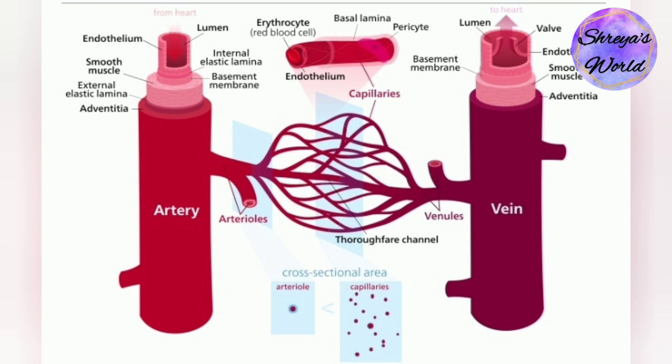Veins supply deoxygenated blood to the heart via inferior and superior vena cava and it eventually drains into the right atrium. Capillaries are tiny tube-like vessels which form a network between the arteries to veins. Arteries are muscular walled tubes mainly involved in supplying oxygenated blood away from the heart to all other parts of the body. Aorta is the largest of the arteries and it branches off into various smaller arteries throughout the body.